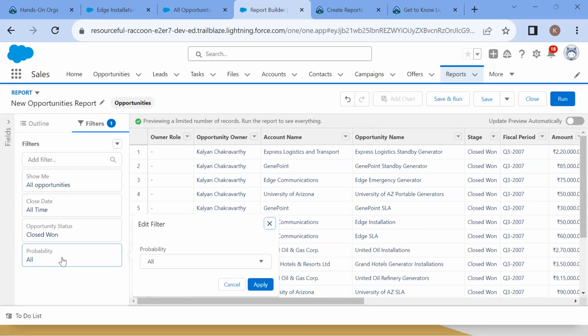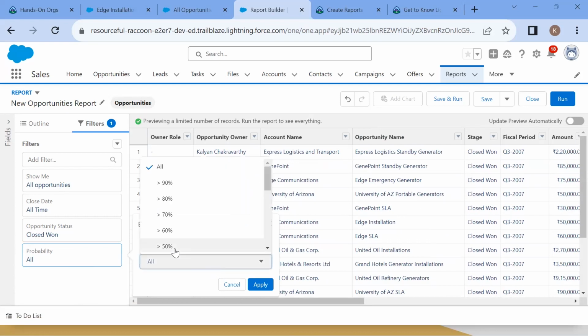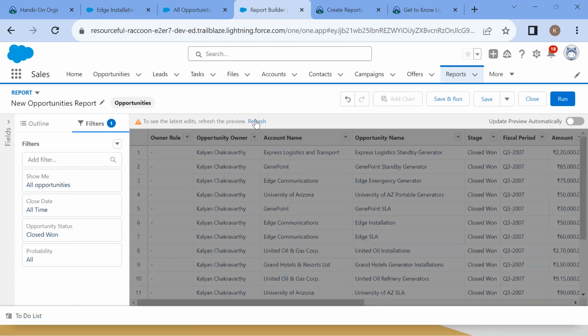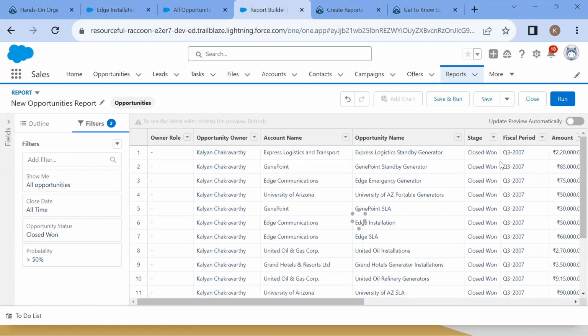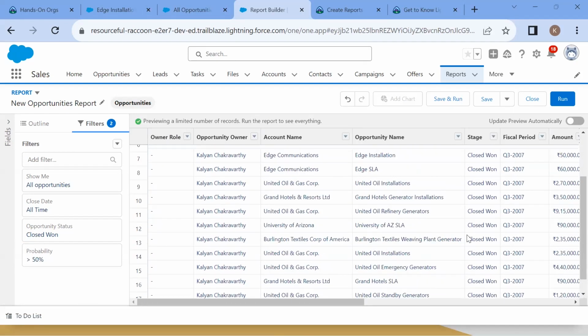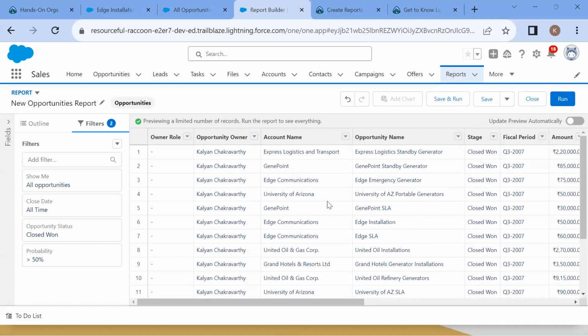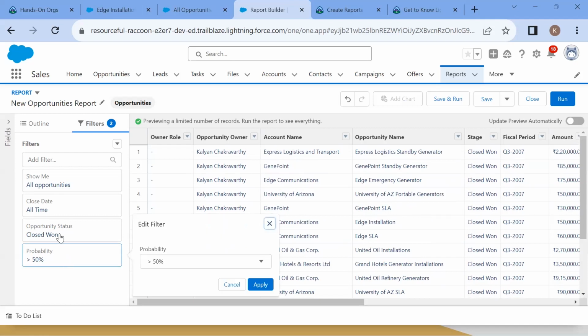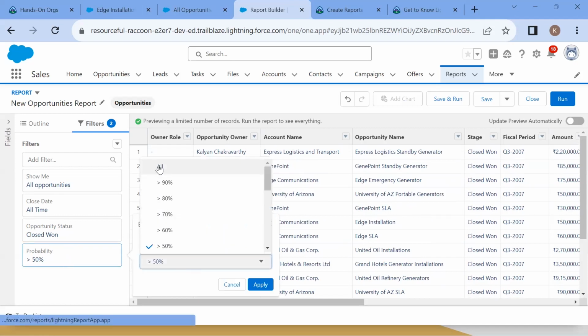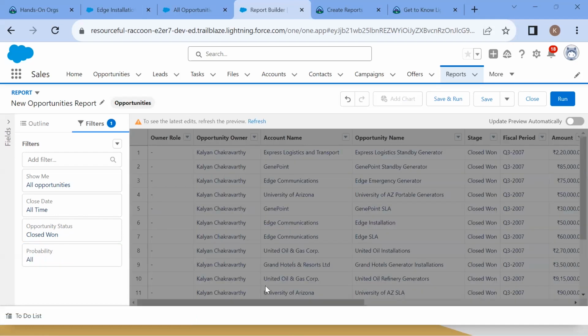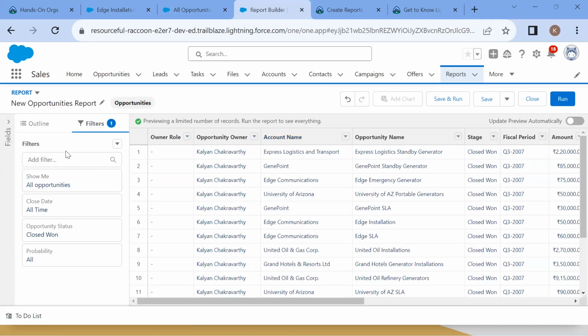There is something called probability, like 90%, 80%, 50% probability. If I click on 50% probability, there will be a change in the records. So there are different filters available for us to filter the reports. Once you create the reports,